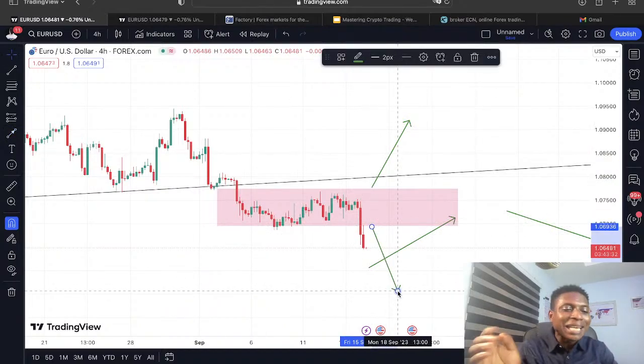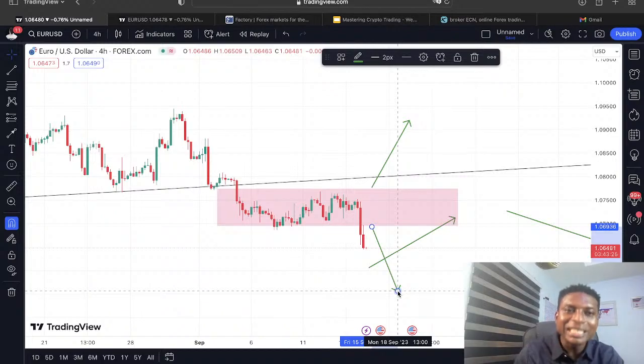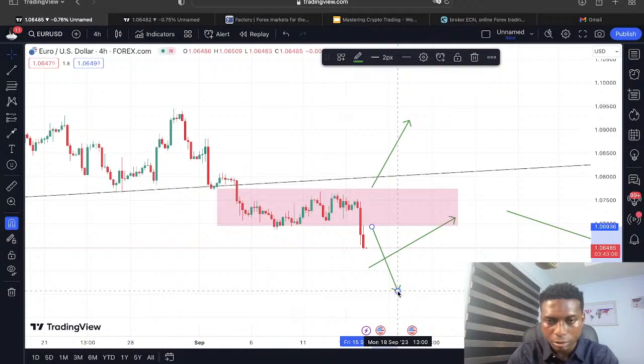Now, because either direction will determine the next move of the market. That's very important for us to also consider. So if you look at this,